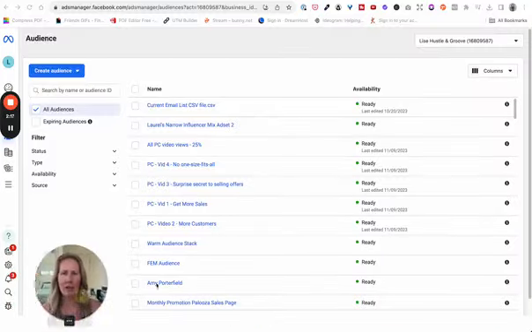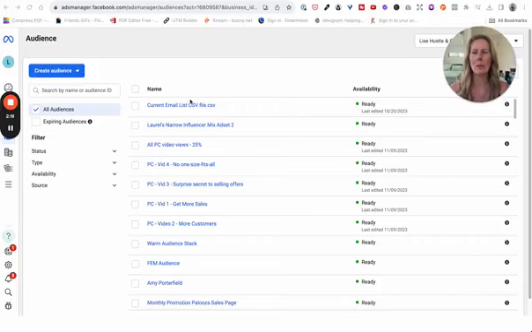Well, I am sure that you've heard of this before, but sometimes we just forget the things that we have access to. So I am going to make myself way smaller, and we are going to jump into the audience area inside our ads manager, and we're going to create audiences. So these are the audiences that we are going to run any type of retargeting ads to.